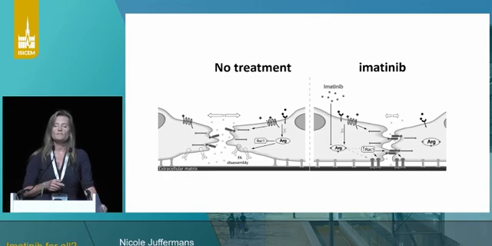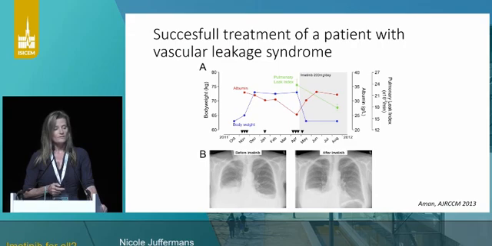So Jurjen Amann and investigators, they did all the preclinical work investigating the effects of Imatinib in LPS-induced ARDS and in LPS injected intravenously, so in endotoxemia. And in all of these preclinical models, Imatinib seemed very effective. So then they effectively treated a patient diagnosed with vascular leakage syndrome, which wasn't an ICU patient, but this was an outpatient suffering from this severe illness, and they tried various medications and none of them worked. So as a last resort, they figured, well, we have this drug, we know that it works preclinically, let's try it. So that's what they did.